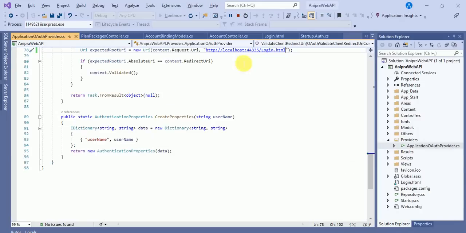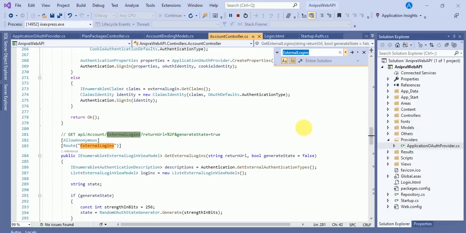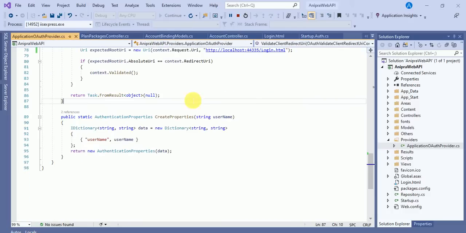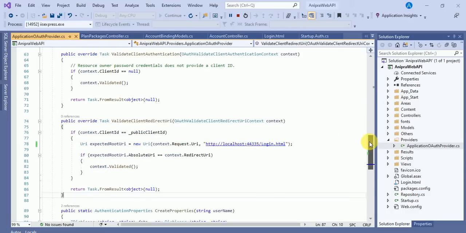This external login is already available in our web API. This is a GET type request: GET api/account/externalLogins with return URL and generateState equals true. For the return URL, we have a return URL over here. This is our return URL.